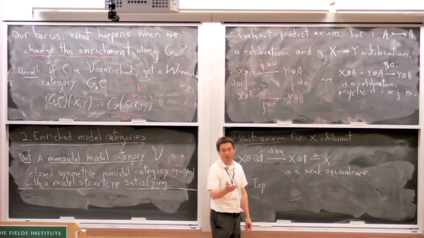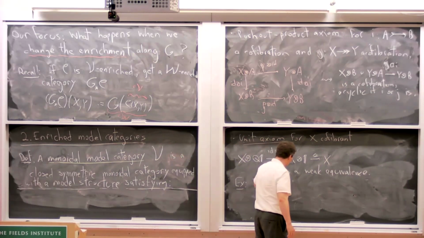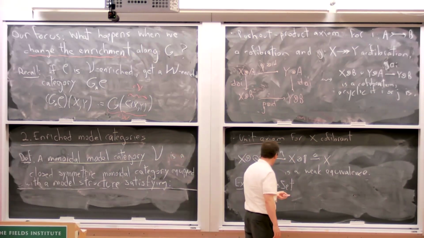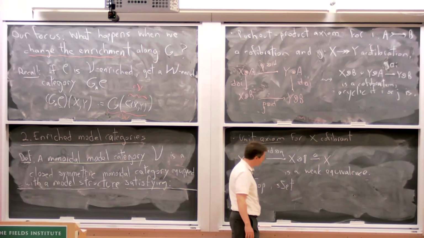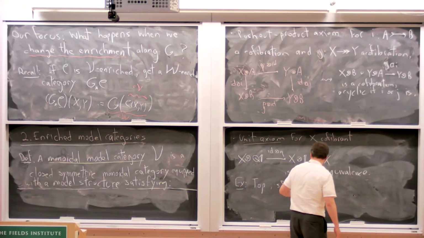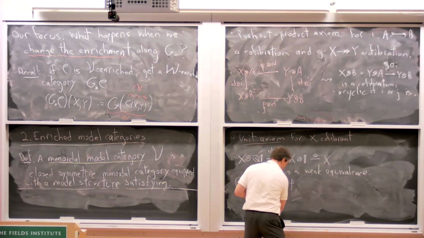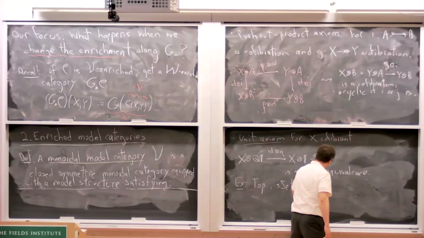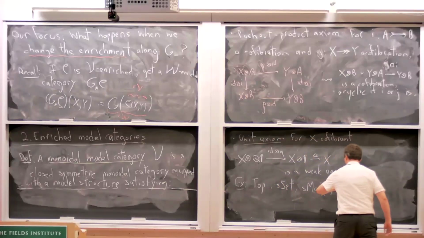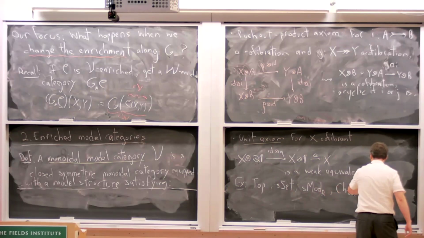Topological spaces, or convenient topological spaces with a Serre model structure, simplicial sets with a Quillen model structure, or pointed spaces, pointed simplicial sets with a smash product. That's all good. Let's move on to things that look more like Dold-Kan. Model categories we were looking at a few minutes ago also satisfied these conditions. Unbounded chain complexes as well.